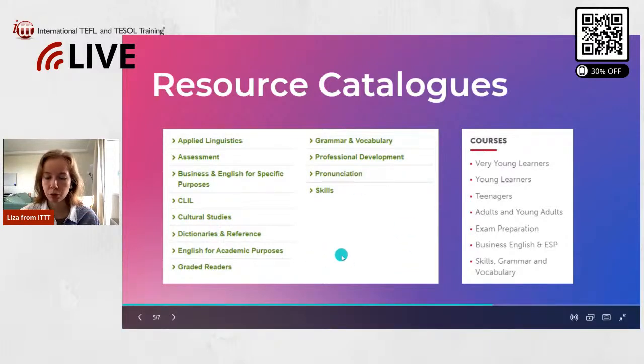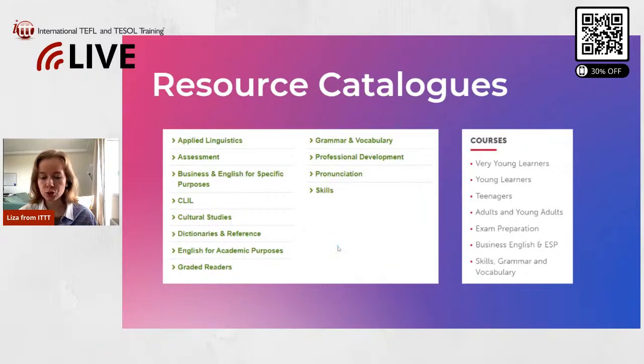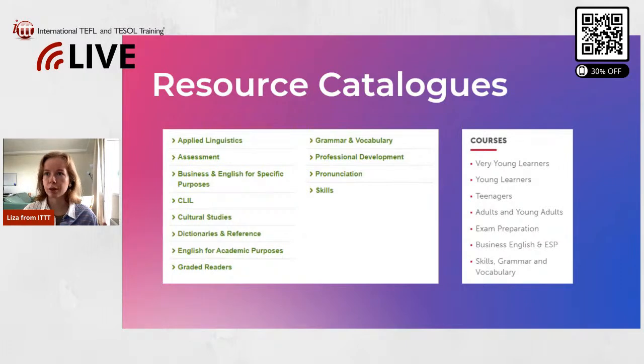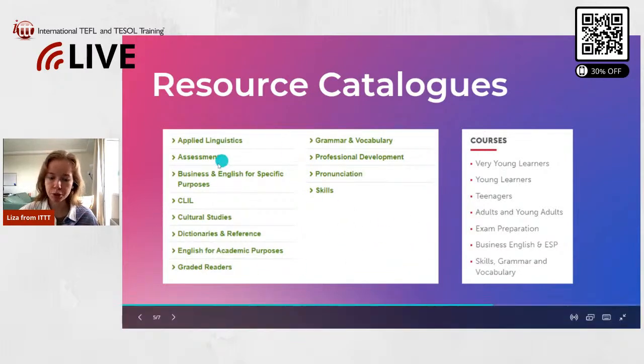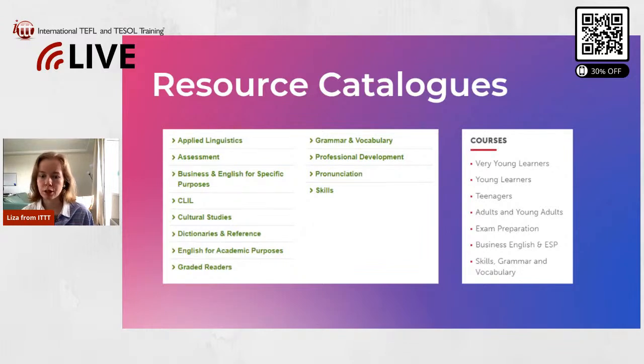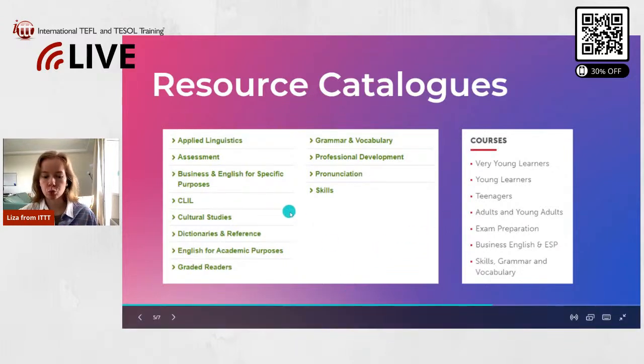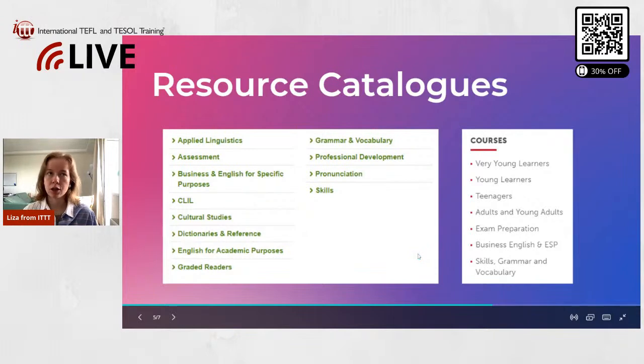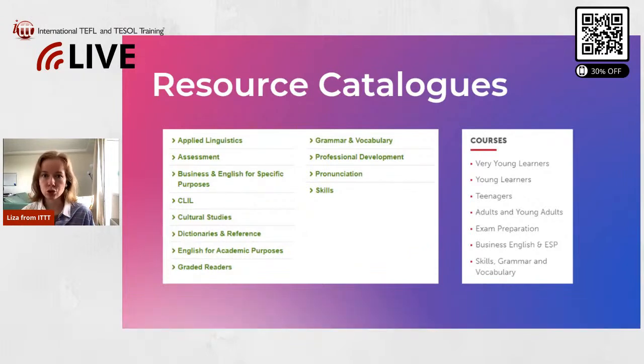So if you, for example, understand that your students need to get prepared for some professional things, for example, for a business trip or something related to their work, you would be able to pick out some books which are targeted at those specific needs. And this is the way you should work with your catalog. On the other hand, if you believe that age group is more important, you can go to